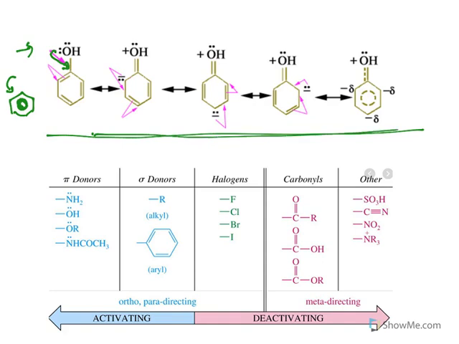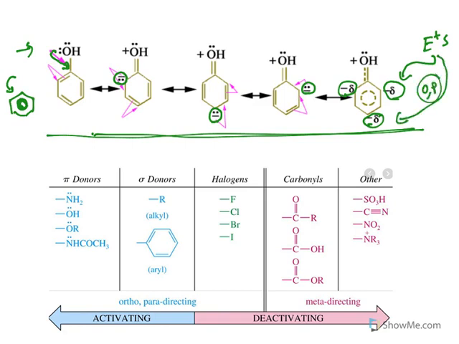These are called canonical forms. When you see them, the electron availability on the ortho and para positions is increasing. So what kind of reaction occurs? Look at this. In ortho positions and para positions, electron availability is increasing. What kind of reaction occurs? Electrophilic substitution. Electrophile means it goes towards wherever more electrons are there. So it goes to either ortho or para.